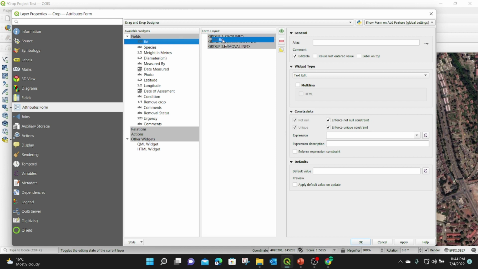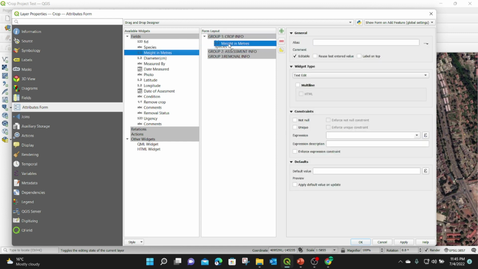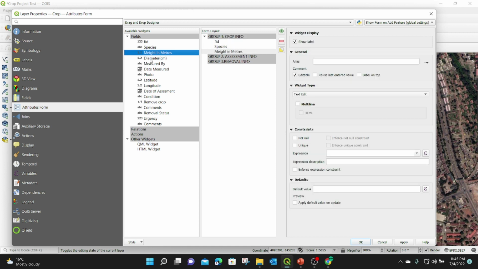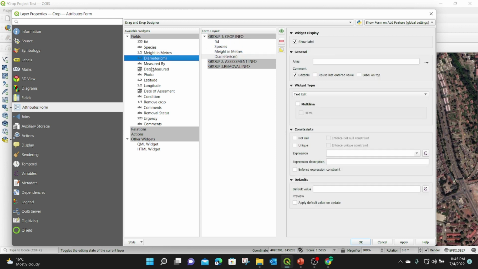So I'm going to click on it, drag it to that, and you can see now the FID is within this group 1. Then the species is also in group 1. The height in meters, I'm going to put inside the same group. And I had a misspelling here, but there's not a problem. Then there is the diameter. Then there is measured by, who measured this crop, so it's still under crop information. The date measured,